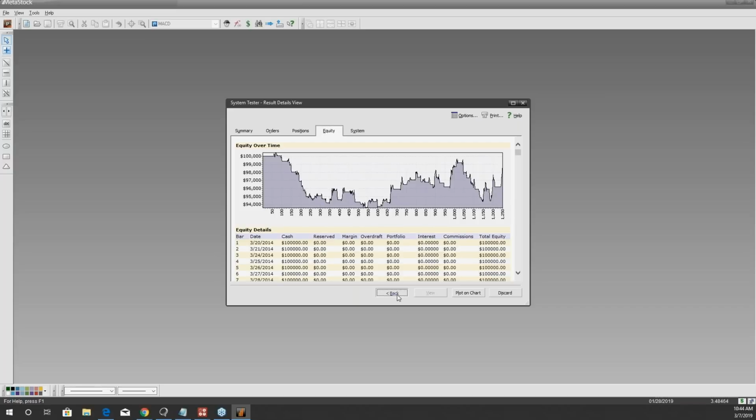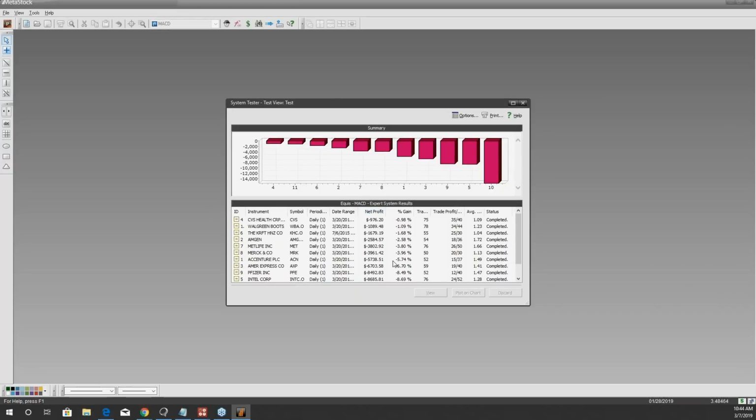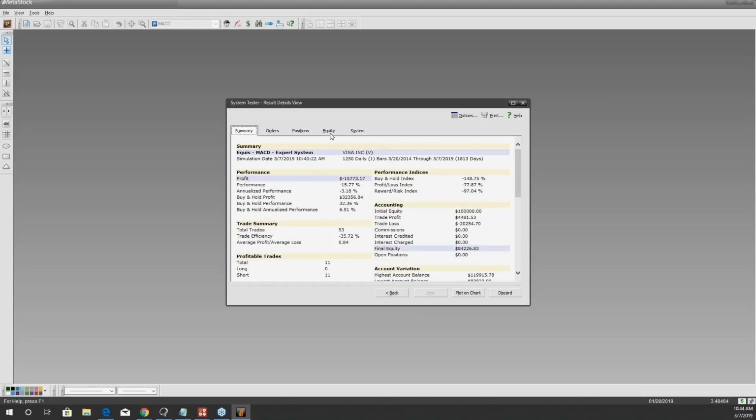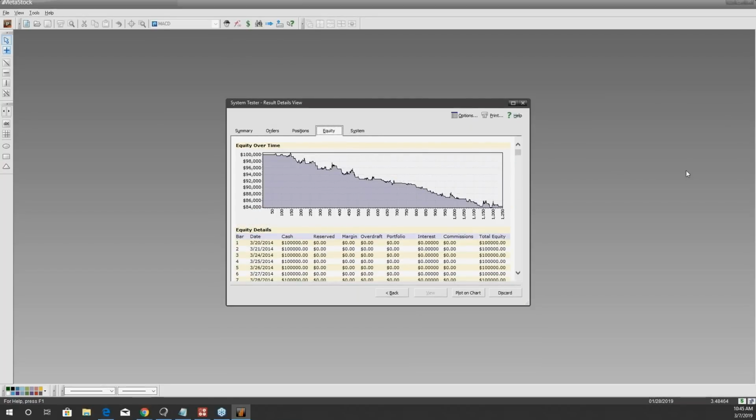Let's look at another equity line. Let's go to the worst, the highest profit loss that we have, which is Visa. So we'll click on Visa, click view, look at details if you want, but we'll go to the equity line. All right, so that is the perfect example of an equity line that I don't want, but we want the vice versa.